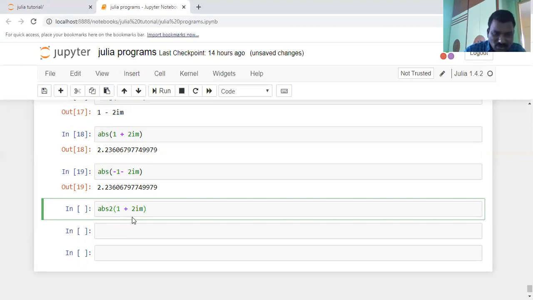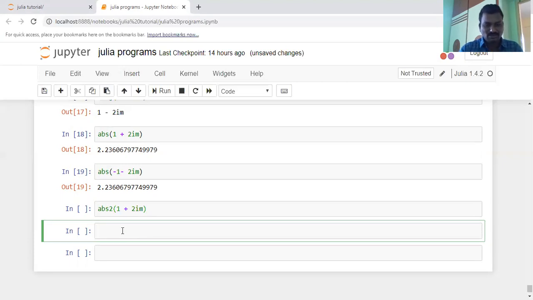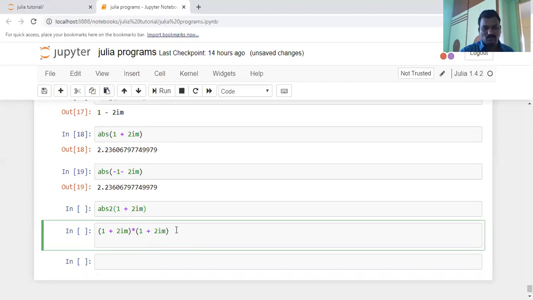1 into, for example, the absolute 2 in the sense its value you are considering the square of this absolute value. Square in the sense into the same value I'm taking. For the above program, you are converting absolute value here like this. Here what is the value here? 1 into 1, 1.